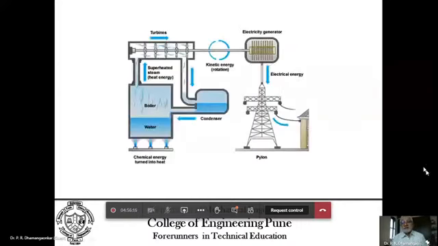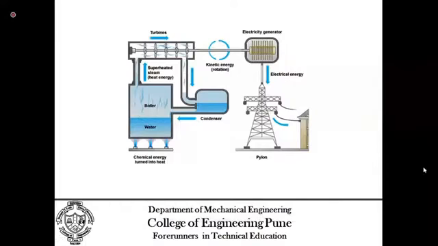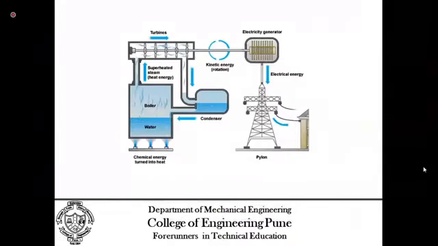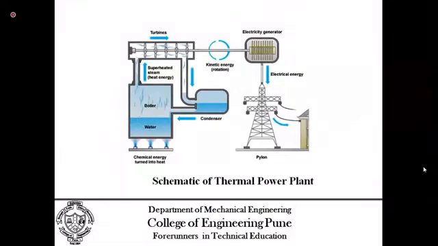Let us see this figure. It is a well known schematic. When you go through the figure, we see that there is chemical energy being turned into heat. So nothing but it is a fuel given to water in a boiler. Steam is generated. That steam is then taken to turbine and then condenser, and this cycle is completed. Turbine is coupled to generator, electricity is generated, and this electricity is then distributed to the customer. It is a schematic of a simple thermal power plant.